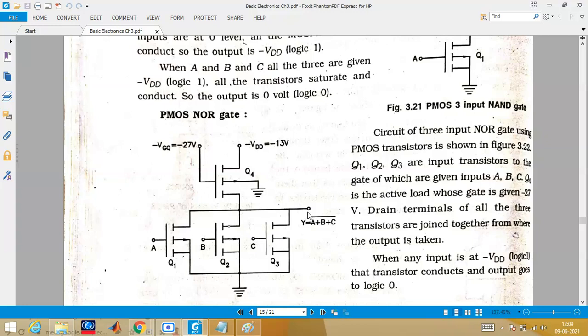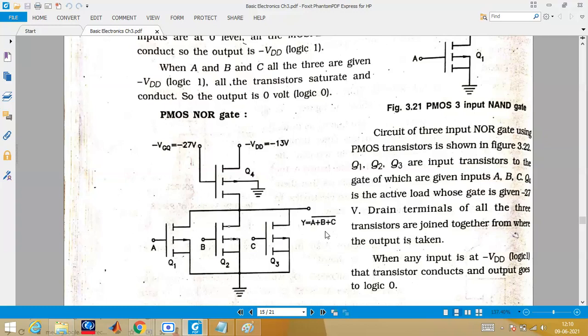Now let us try to see another case when all are 1. Okay, let us take some unique. 1 means on, that means this is short circuit, whatever is there, it's a single line short circuit, this is also single line, this is also single line. Whatever the value comes, some current from here, some current from here, that all will go to the ground and hence your result will be 0. Take another case, this is 1, these two are 0, matlab open circuit means you are connected to ground. Now this is 1, so this value will flow from here because it is a short circuit and it will go to ground and your result will be 0.